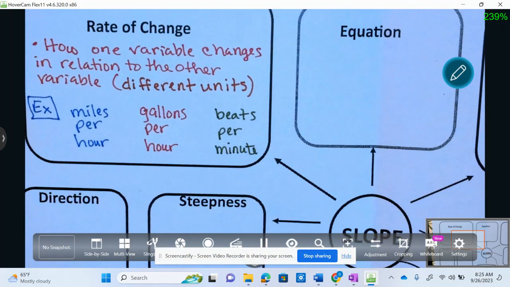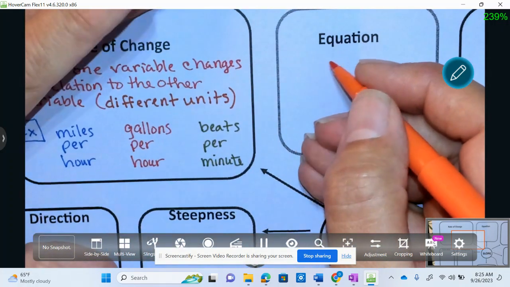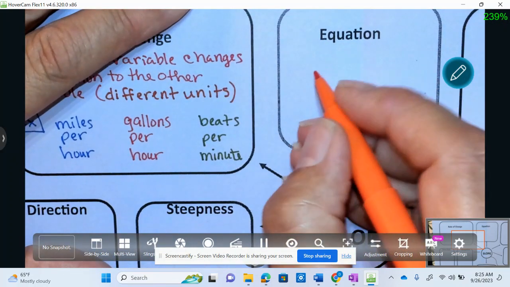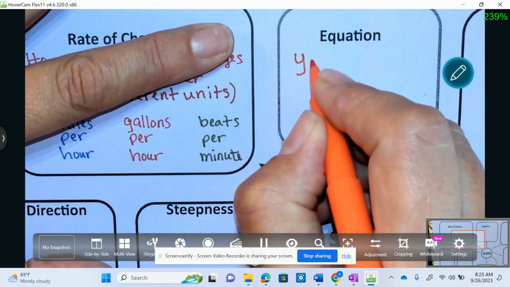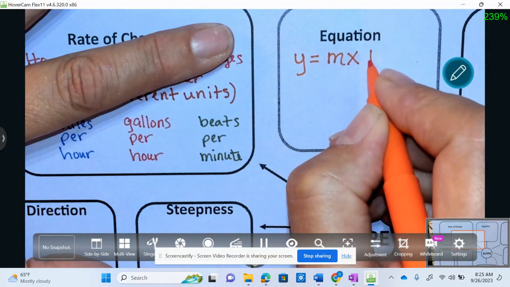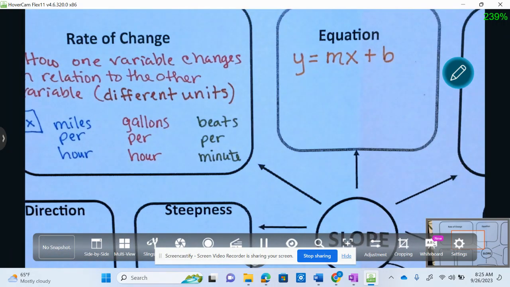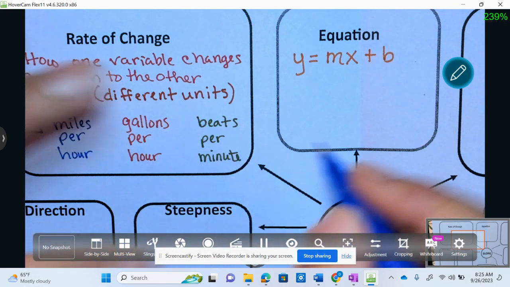So Kian mentioned this today, and I think he mentioned it yesterday. This is our lesson for Thursday. We're going to talk about the equation that we use to represent slope. Ken, do you want to say what that linear function is again? Yeah, y equals m times x plus b. Raise your hand if you remember seeing that. It's okay if you don't. All right. Yeah, so y equals mx plus b, where m